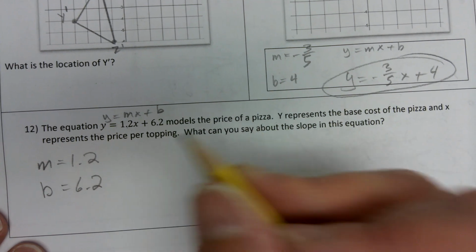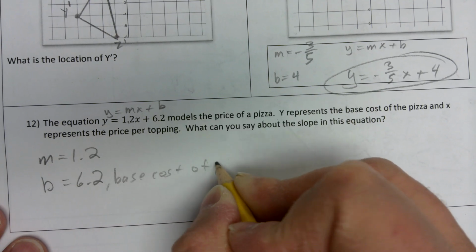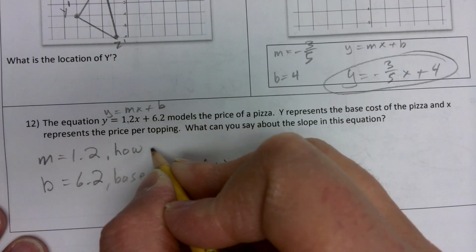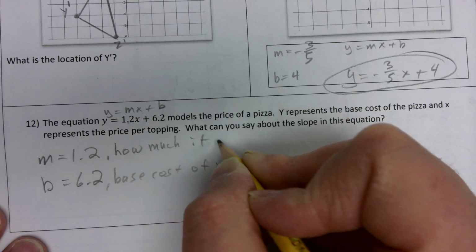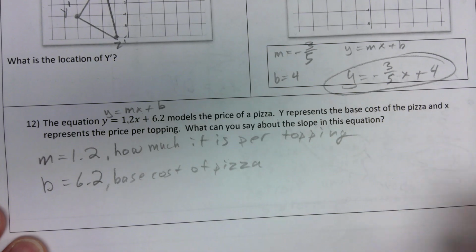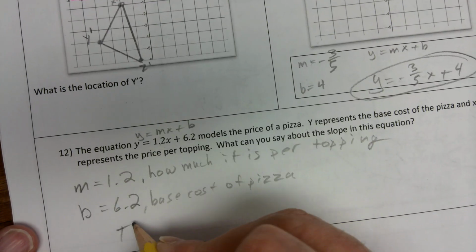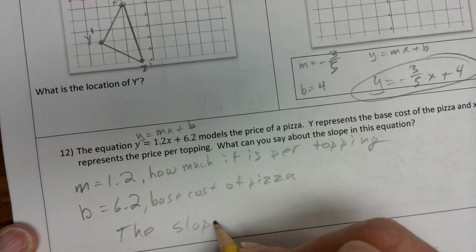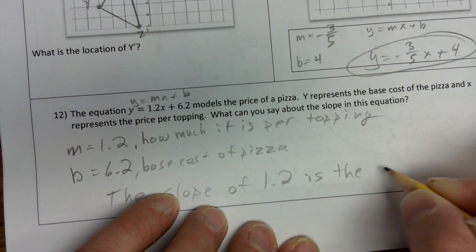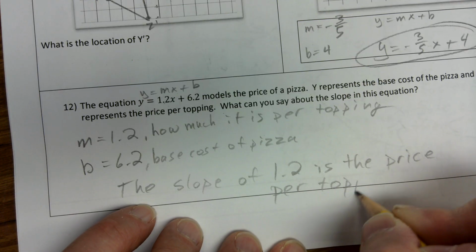This is basically how much it costs for the pizza. This is the base cost of your pizza. And then our m value is how much it is per topping. So now that we have kind of talked about that, I think I've actually answered the question. What can you say about the slope? The slope of 1.2 is the price per topping. So basically each topping is